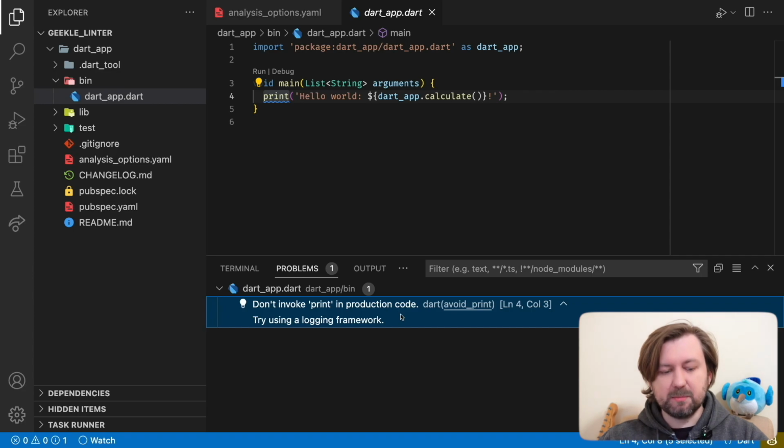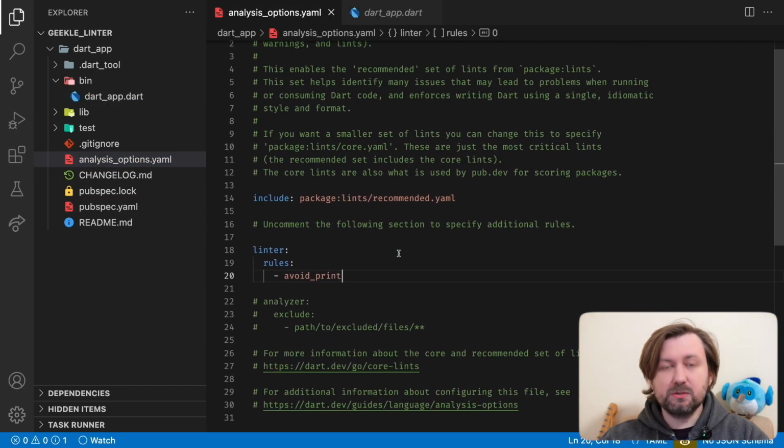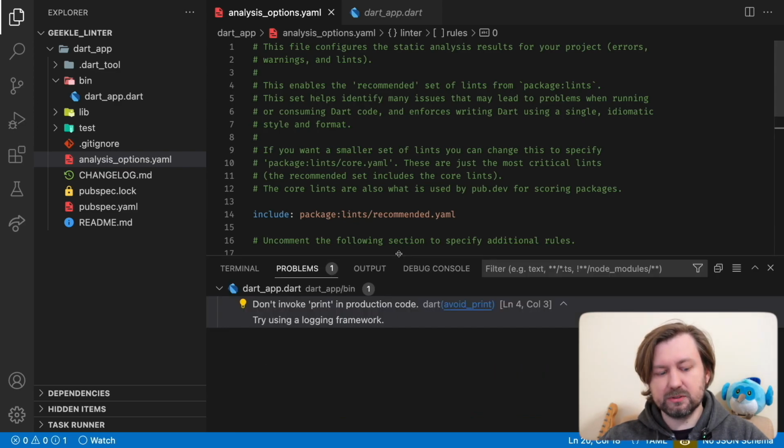My advice, spend some time reviewing existing linter rules. They are really good, there are tons of them, and probably they already can improve your codebase dramatically. If you don't want to review them manually, you may just use a very good analysis package by Very Good Ventures. So yeah, there are plenty of linter rules, but what if you have some specific rules for your team